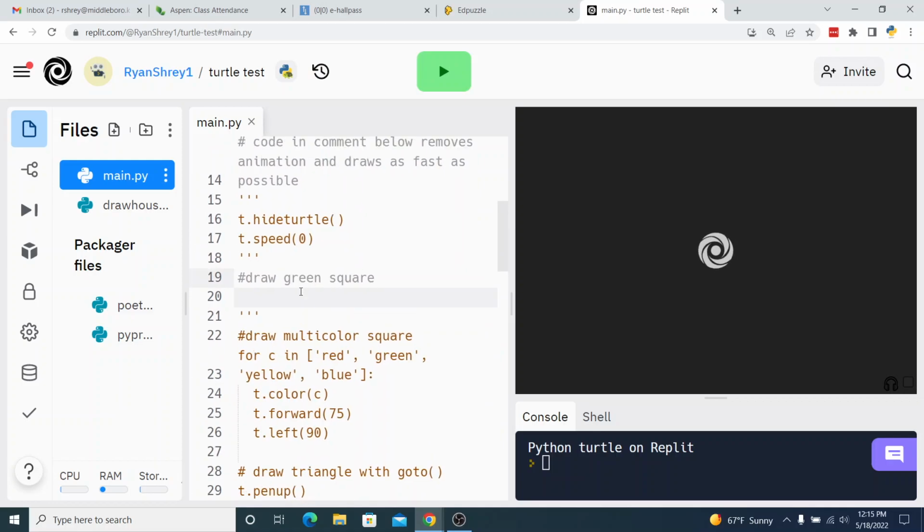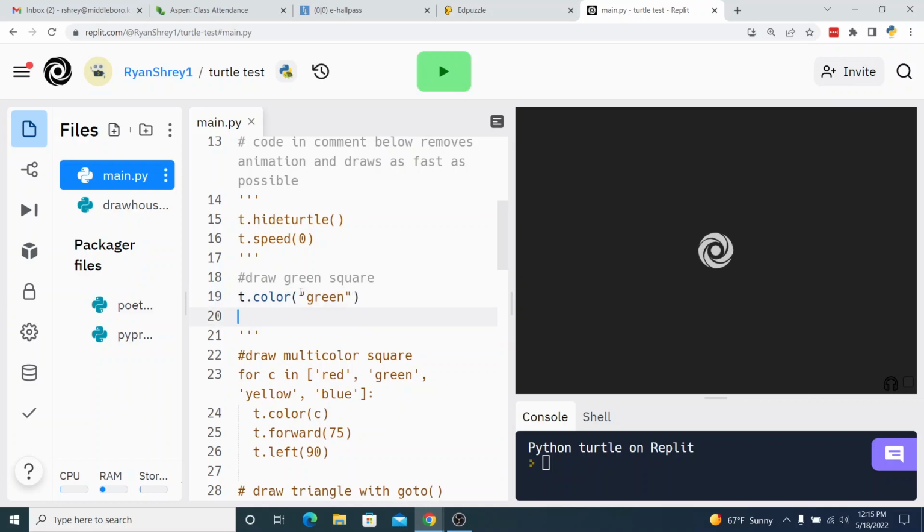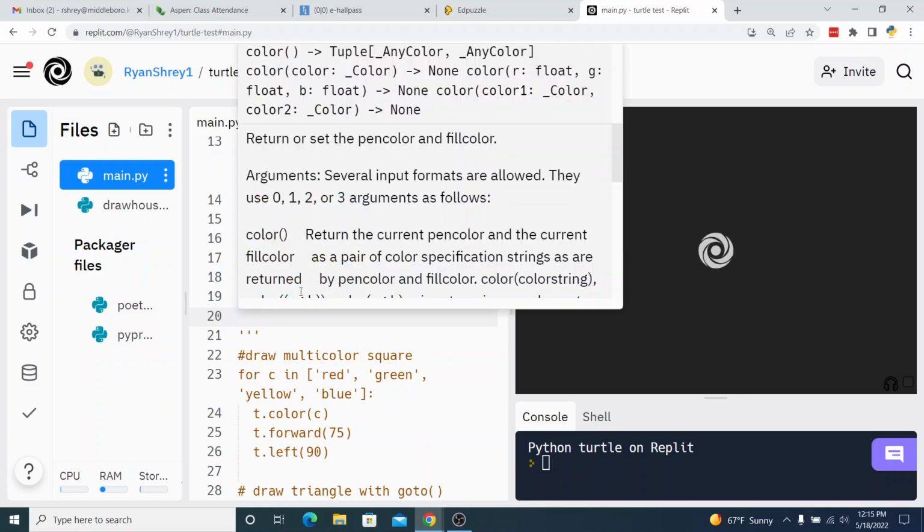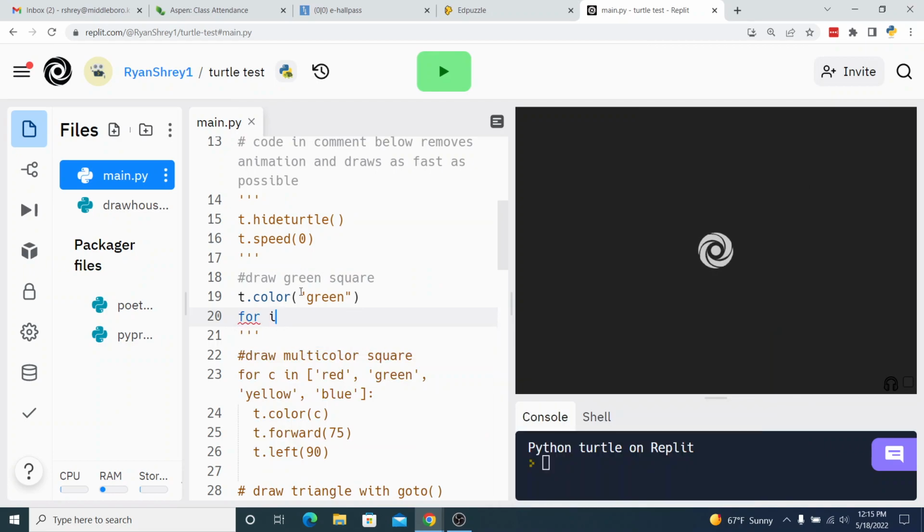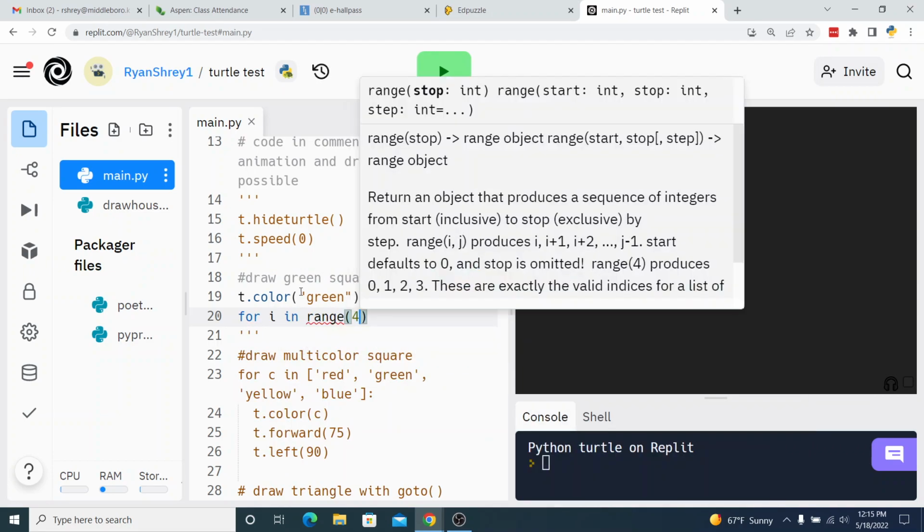So first I'll just draw a square, and I'll set a color first. So I'm going to say t.color green, and then I want it to be a square. It needs to have 4 sides, so I'm just going to repeat 4 times. I'll say for i in range(4),